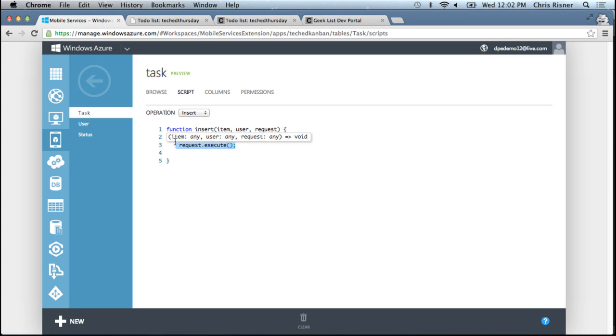If we switch over to the read script really quickly for a second, it's going to look very, very similar. In fact, the only thing that's different is the fact that here we're doing a read, and instead of a JSON object, we've got a query, which ends up being the OData filter that comes across the wire as, what am I querying? So if I go back to the insert script,